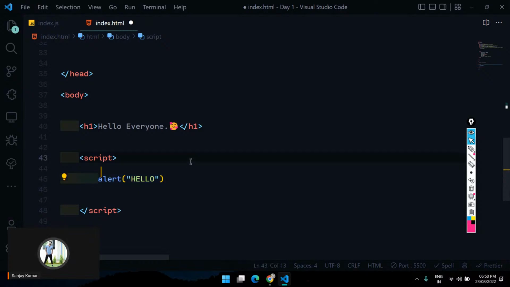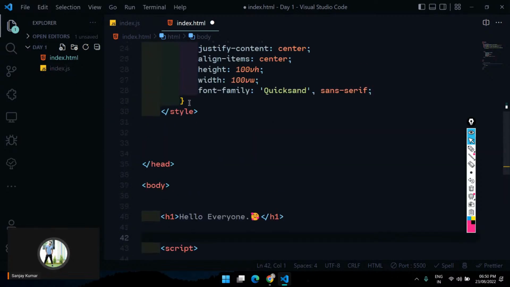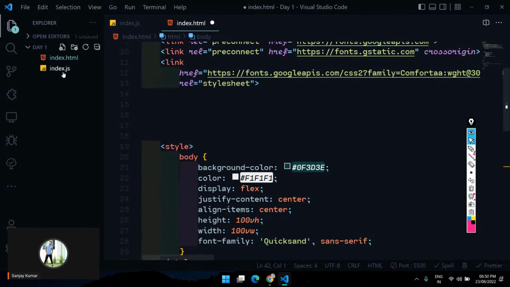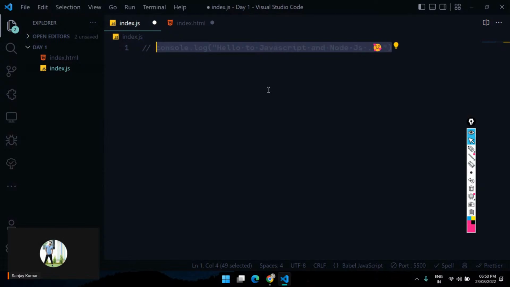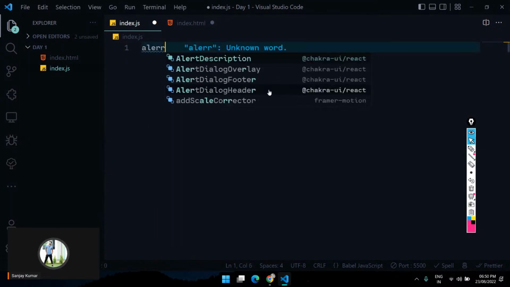By the way, you can write your JavaScript code here as well, but there is a better way. We could create a separate CSS file and then link this CSS file to our HTML, isn't it? We could have done that. Similarly, we can create a separate JavaScript file. So here I have created a separate JavaScript file. Let me remove this line and let me do alert,